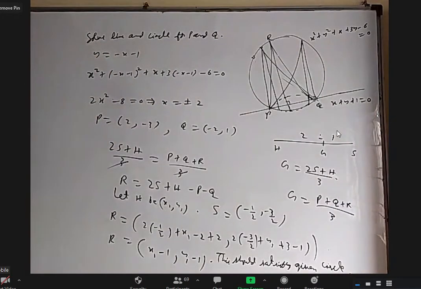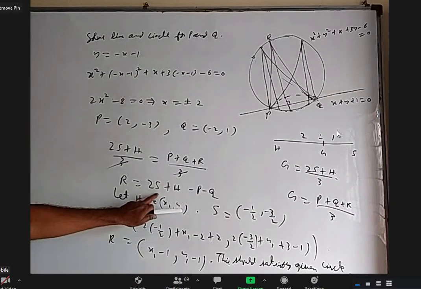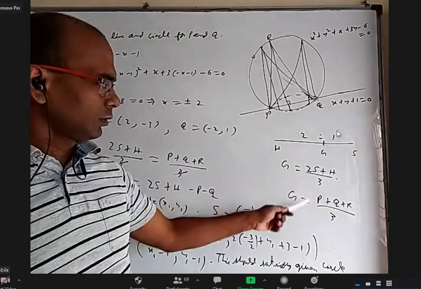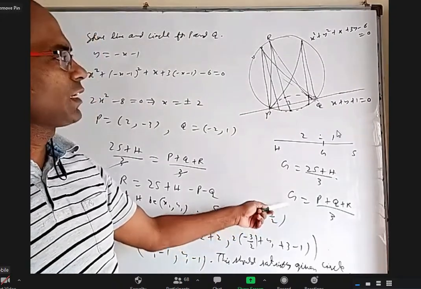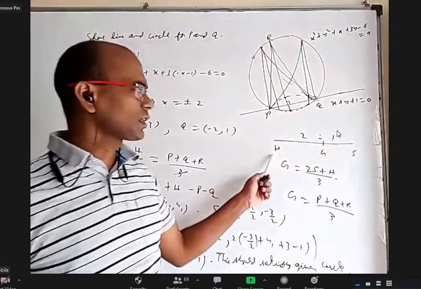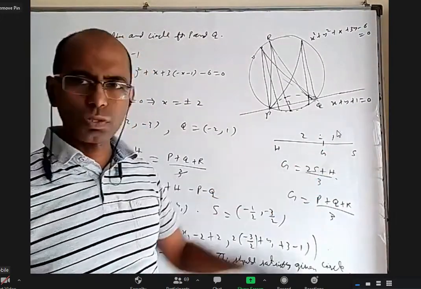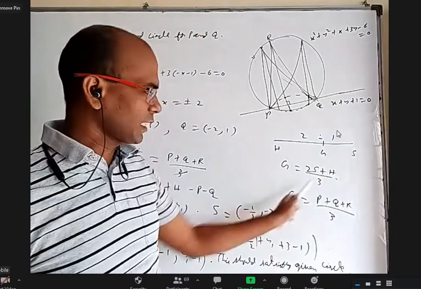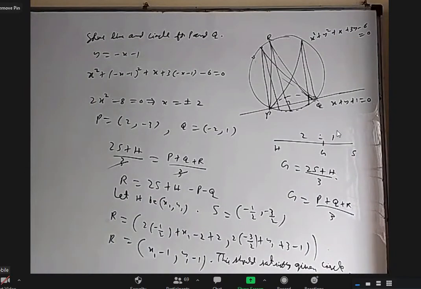Sir, yes, please. I didn't understand that (2S plus H) by 3 and (P plus Q plus R) by 3. Have you understood these two or any problem? Those two also, sir. Why centroid? How will you find it? Add all these 3, divide by 3, that is the centroid, right? Yes, sir. And you know, in any triangle, the orthocenter, centroid, and circumcenter are collinear. Yes, sir. And the centroid divides the orthocenter and circumcenter in the ratio 2 is to 1. Section formula: 2 into this plus 1 into this by 2 plus 1 will give you this. This is the centroid formula directly. This and this are the same, so I equate. Yes, sir. Okay.